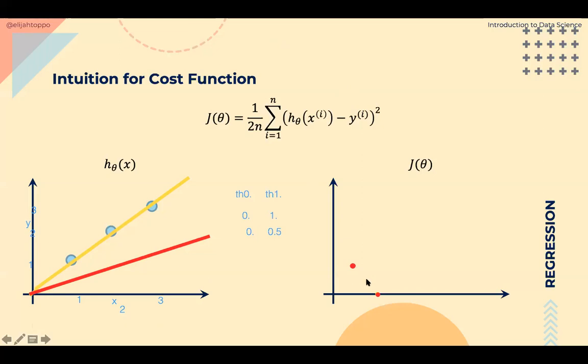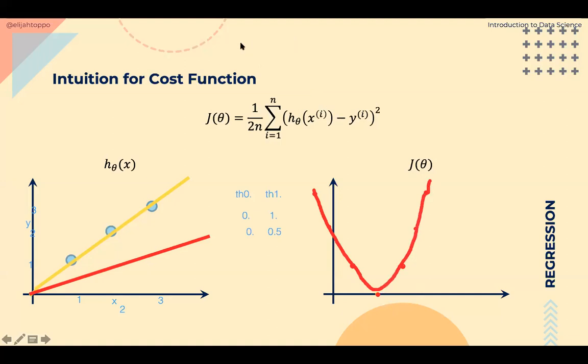As I go to lesser values of theta, you can quickly observe that my error will start moving up. That is, my error when theta reduces below 1 will become higher and higher. Similarly, my error when theta is greater than 1 will also become higher and higher. If I plot this graph for different theta values, I will end up with this curve.